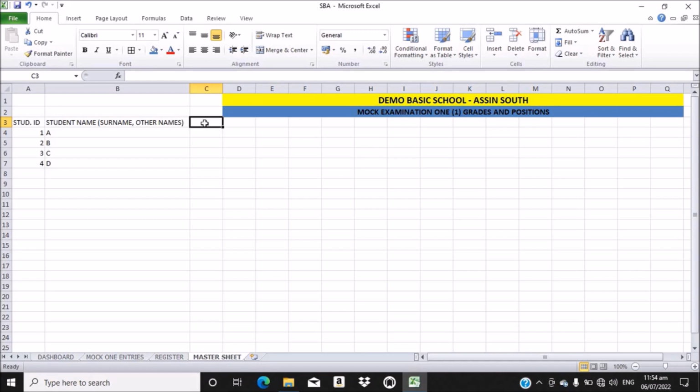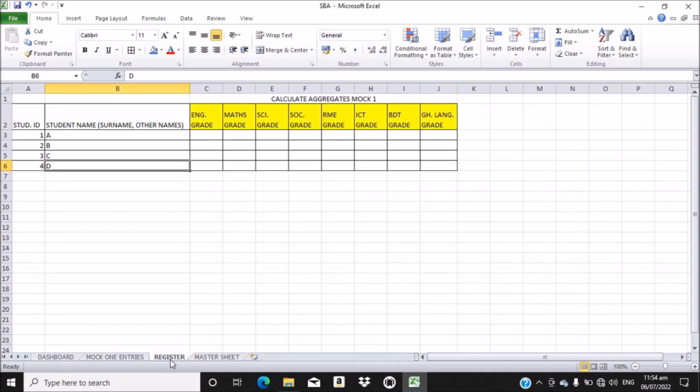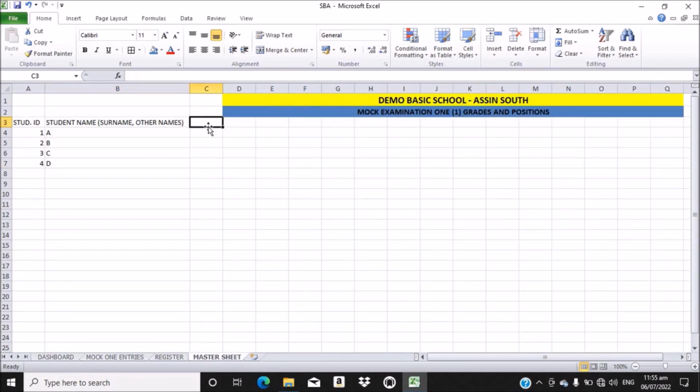And I want us to add the gender. We can add it on the register, or we can also add it on the master sheet. So when you add it on the register, you need to reference it before it will appear on the master sheet, or you can add it straight here. So I have gender here, and then I have